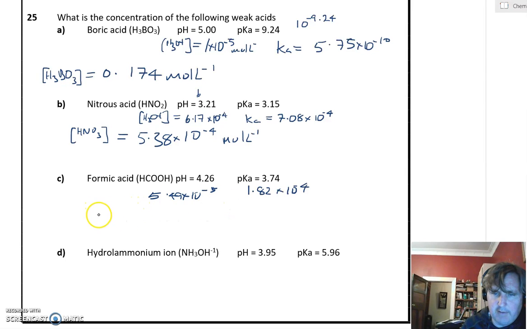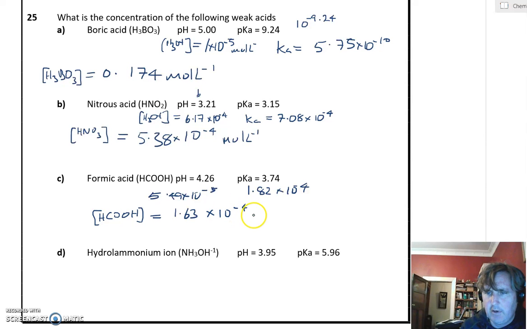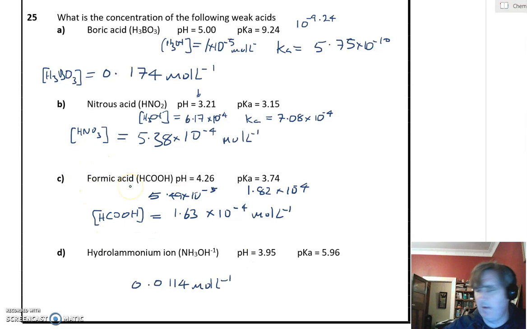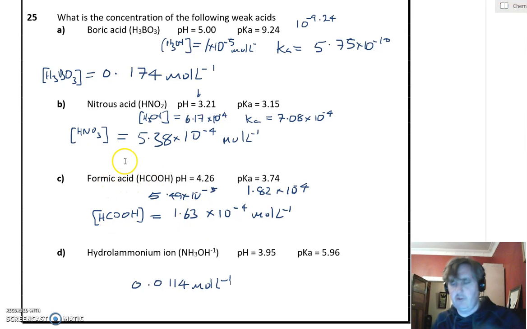And then when we work out those answers here, the concentration of our formic acid, this is what we call methanoic acid, gives us 1.63 times 10 to the negative 4 moles per litre. Last one, answer here is 0.0114 moles per litre, and you might wonder why I'm going so quickly at the end here. Well, look, the reason is that I've got to keep this video under 15 minutes, and I'm coming up to the mark now. So this has been the video on how to go through the concentrations and pHs of